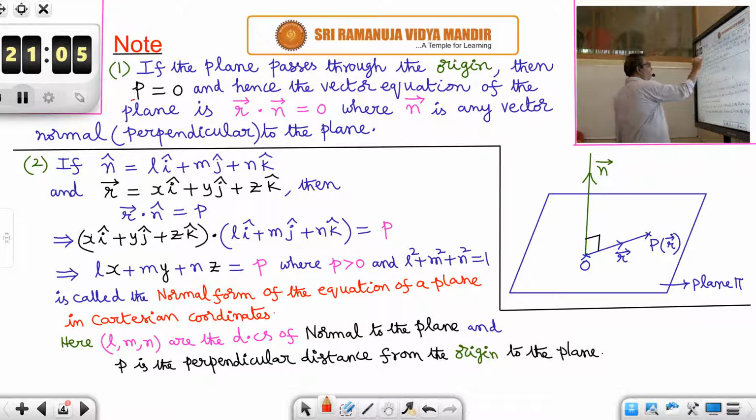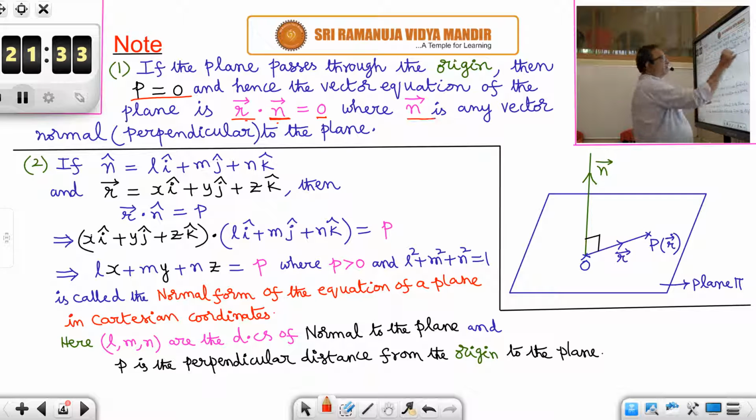So if the plane passes through the origin, P will be equal to 0, and hence the vector equation of the plane is r bar dot n bar is equal to 0. R bar dot n bar is equal to P, but that P is 0. Here instead of using n cap, I am using n bar,